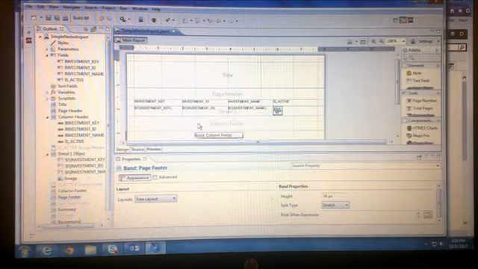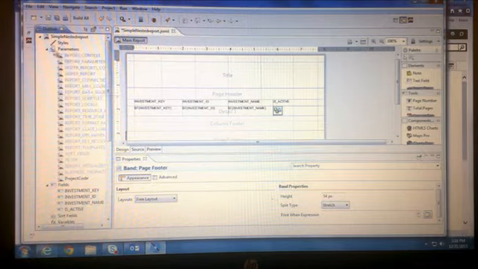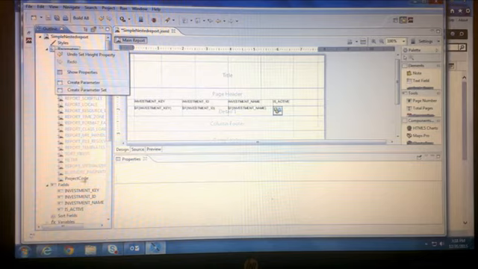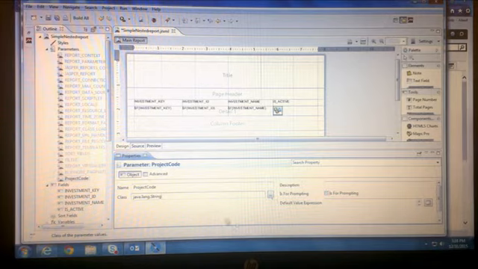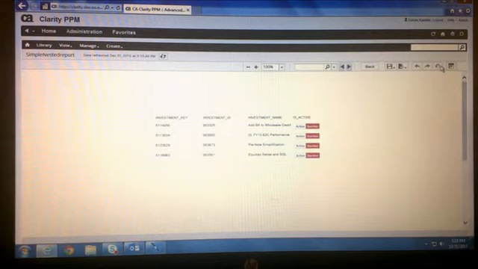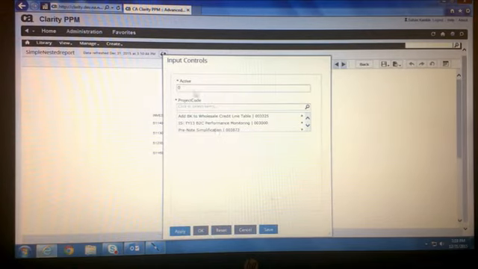Okay, so that being the simple report, the next thing is I want to provide the parameters. So what I do is create a parameter. It will ask me for these properties: name, the class, and whether it is required for prompting. What I have done here is I have provided this parameter and set it not for prompting, and I have modified this parameter as this parameter in our sample, that is a dependent parameter which depends on whether it is active projects or inactive projects.